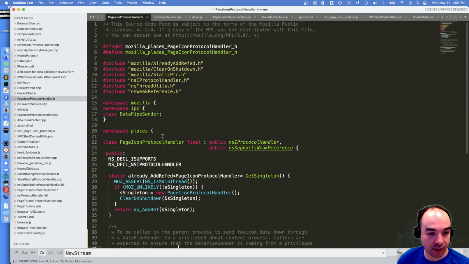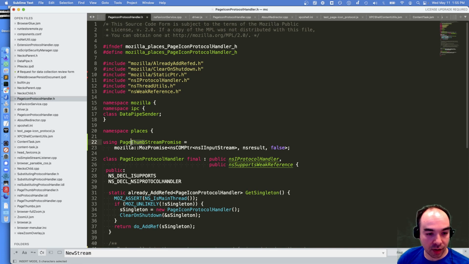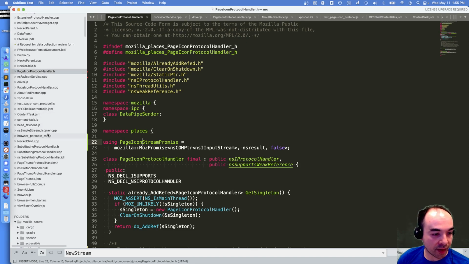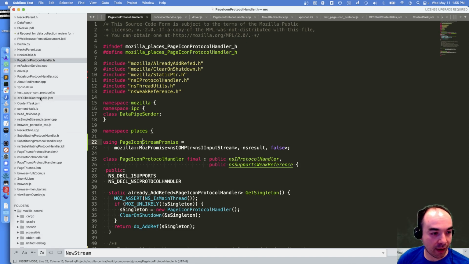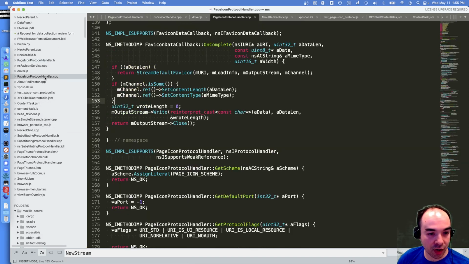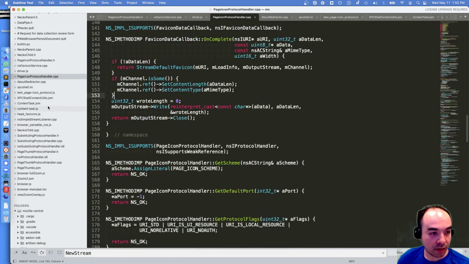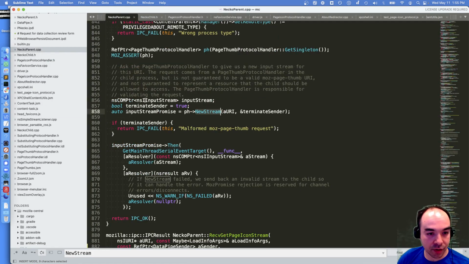We're going to define a page icon. You know what? That's probably what we should have called it. Not favicon. It should have been page icon. Page icon info.